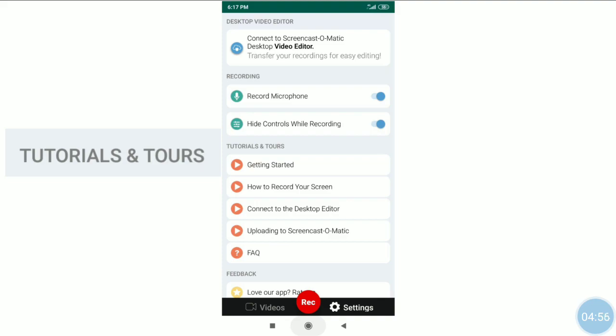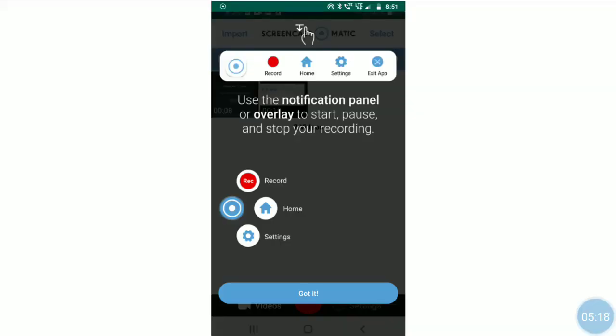Already the record microphone is enabled, hide controls while recording is enabled, and there are some tutorials and tours available. So you can explore these things by using this app. If you click on getting started, you will get this.